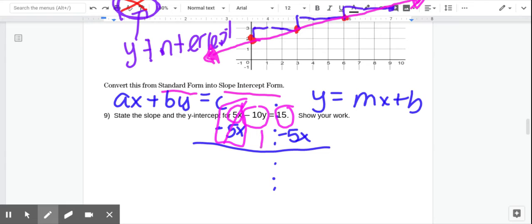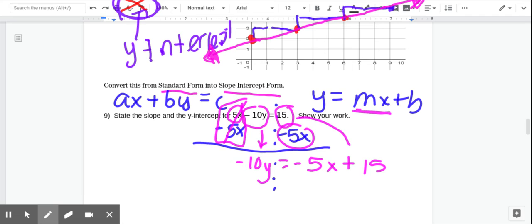So you're going to slide down your 3 terms. Slide them down. I'm going to slide the -10y down first. Then I will slide down the -5x. And then I will slide down the +15. I did that because I want my x value to come first. Seeing these 3 terms,